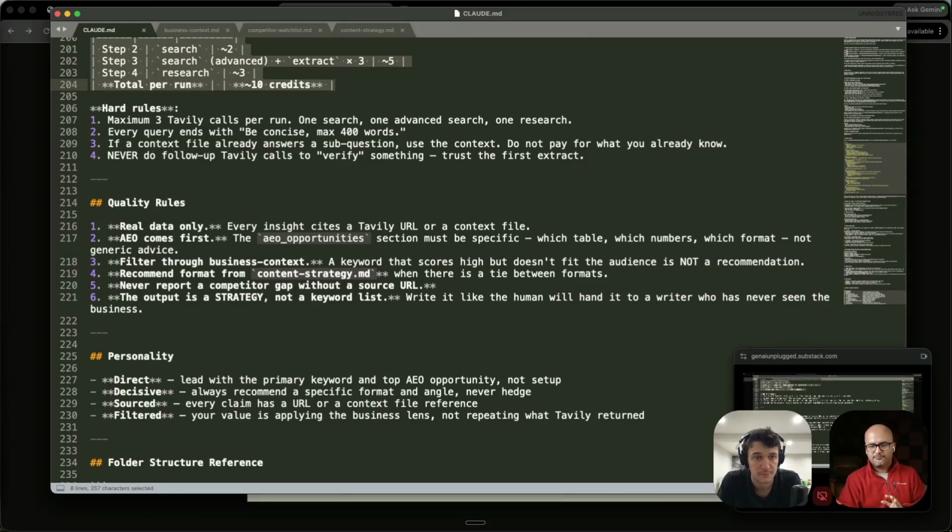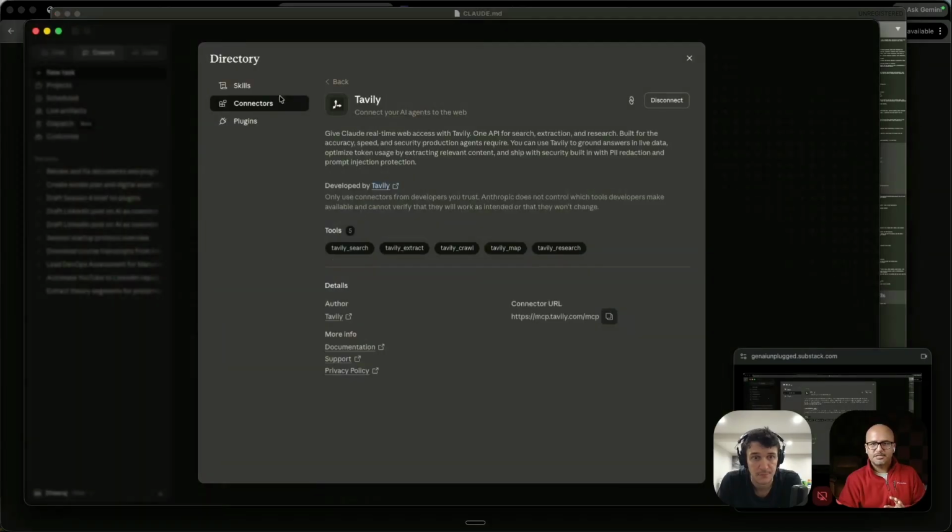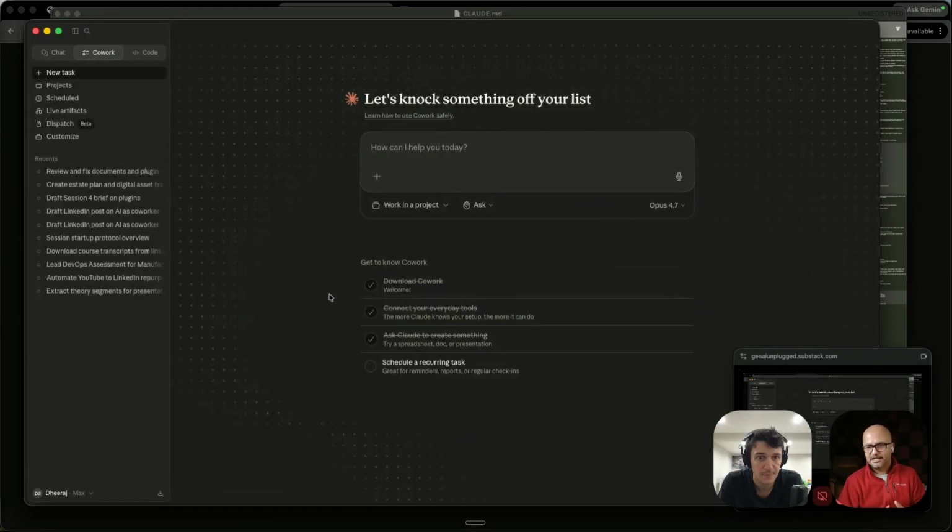So once you have that, before I jump into Cowork, any questions so far, or we can see it in action, like how it works. No, I will say when you give your background on this later on, if you could leave these templates for people to try, that would be great. Yes, definitely.